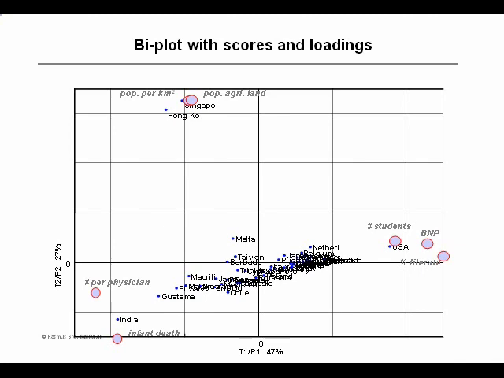So we can now see that Singapore and Hong Kong are special because their population density is very different from all the other ones. The population density also differs in the other samples, but not to the extent that it does for Singapore and Hong Kong. So not only do we get information that Singapore and Hong Kong are outliers, we also get an explanation for why they are. And in this case, we would probably say, let's remove Singapore and Hong Kong because they are